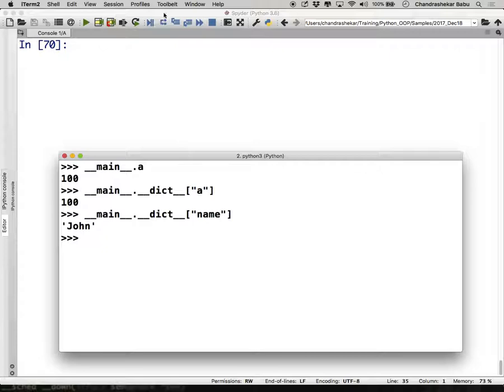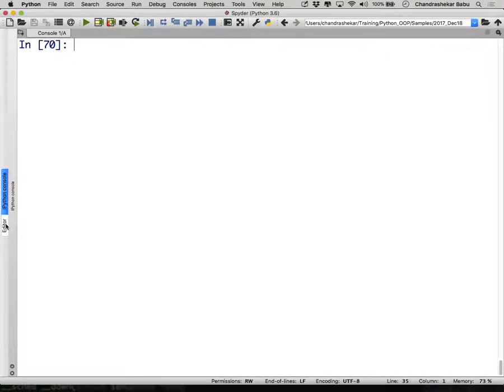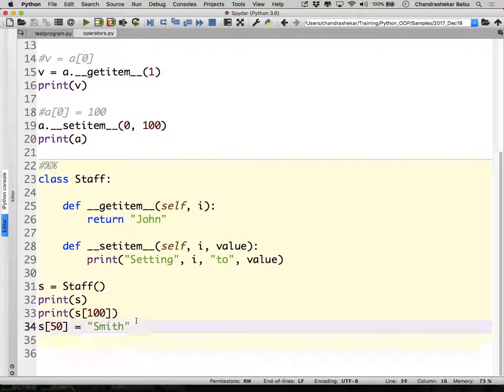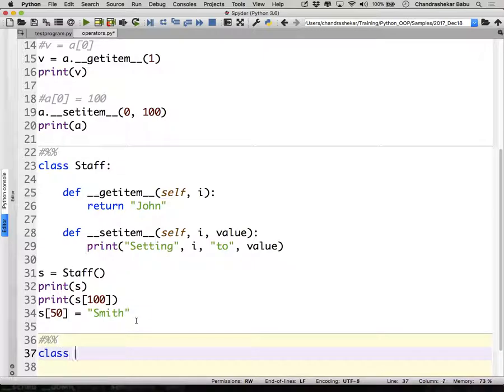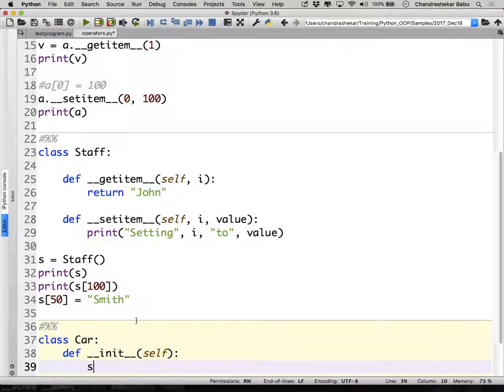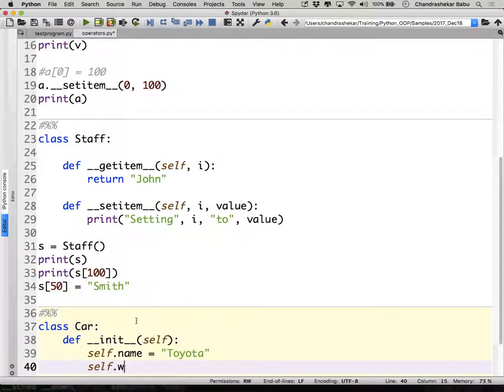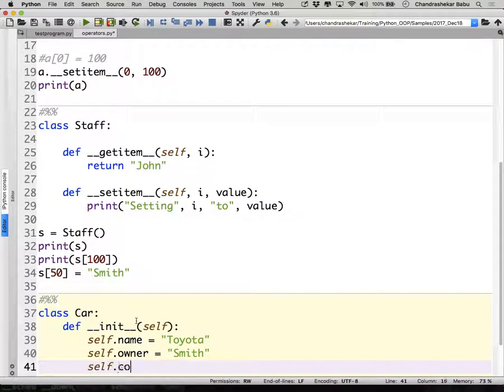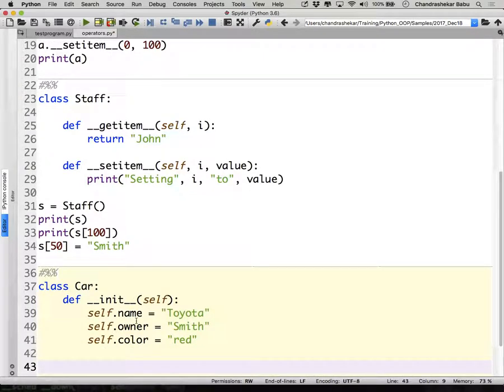Suppose in my Python prompt, when I create a class, I'll show you an example here. Class car: def double underscore init double underscore of self, self dot name is equal to Toyota, self dot owner is equal to Smith, and self dot color is equal to red, and c is equal to car.